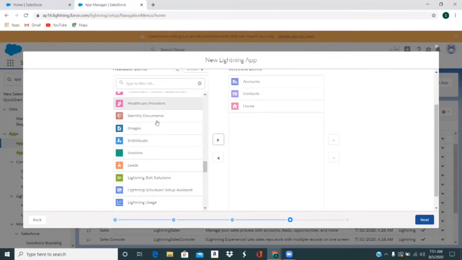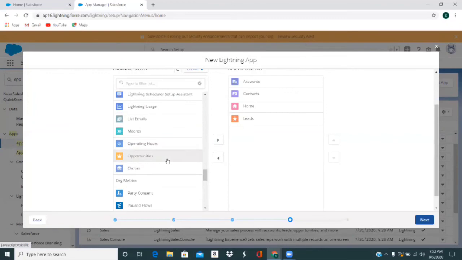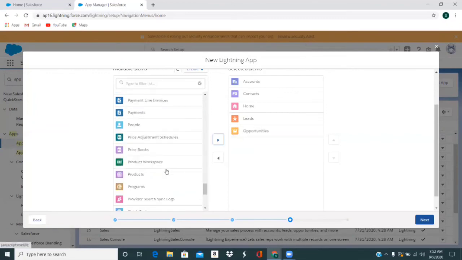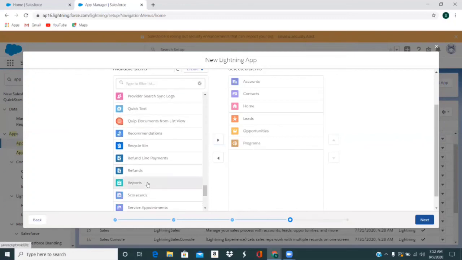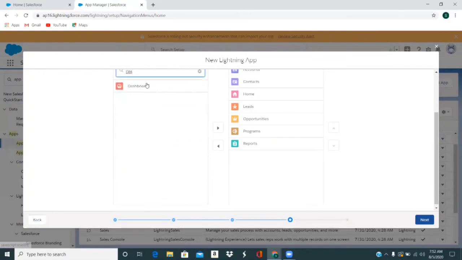Home page, leads, opportunities, and programs. And then you would need reports, and dashboard, that dashboard as well.